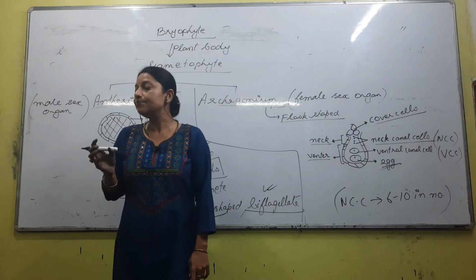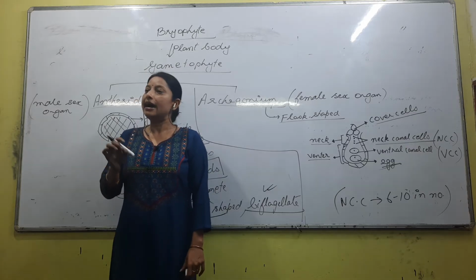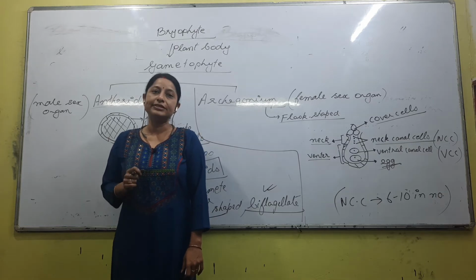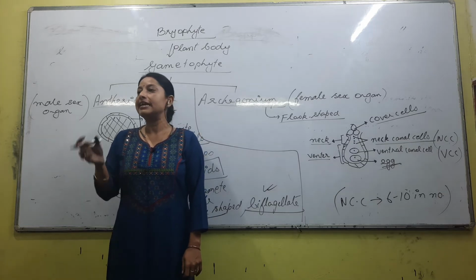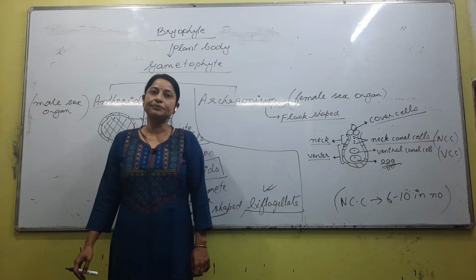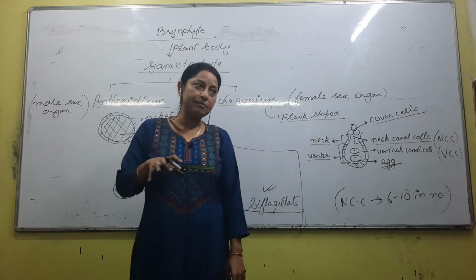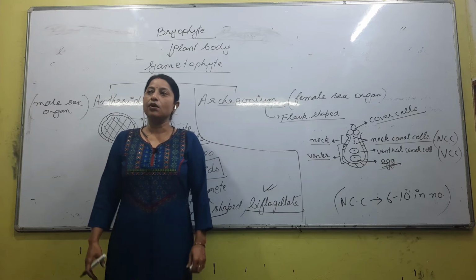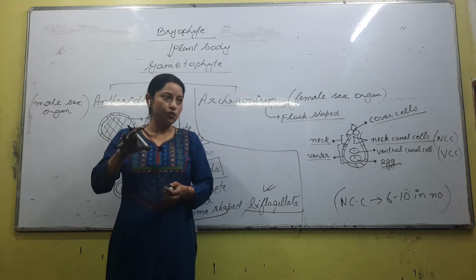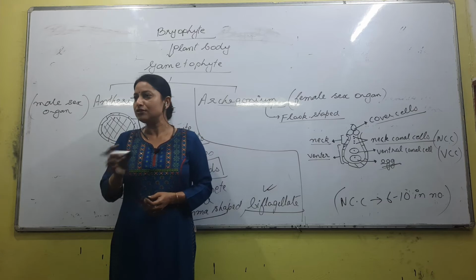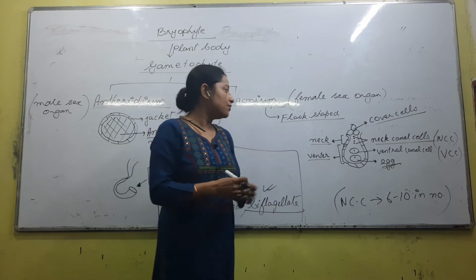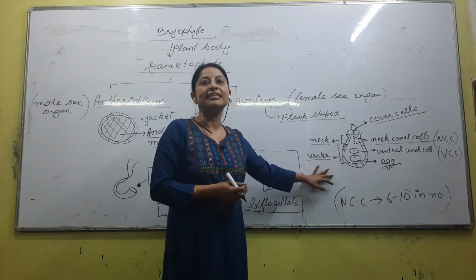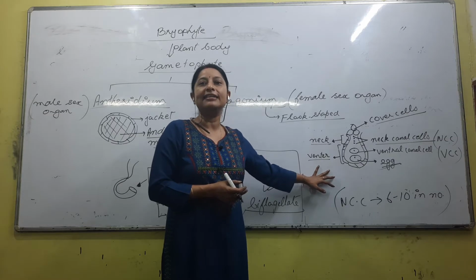Angiosperms and archegonia: male sex organ, female sex organ, in Angiosperm present or absent? Obviously present. The male sex organ in case of Angiosperm is called the stamen. Pollen grain, inside the pollen grain you have the male gamete. The female sex organ in case of Angiosperm is called the carpel. Ovary, inside the ovary you have the ovule, and inside the ovule there will be the egg, so you can say either this or that, right? So what we have said is archegonia started developing in Bryophytes, but gradually it declined also, or